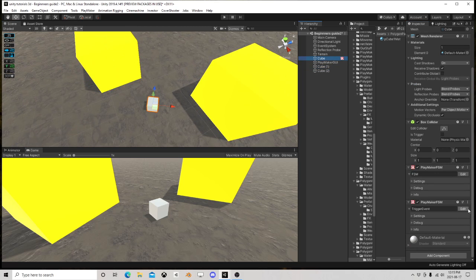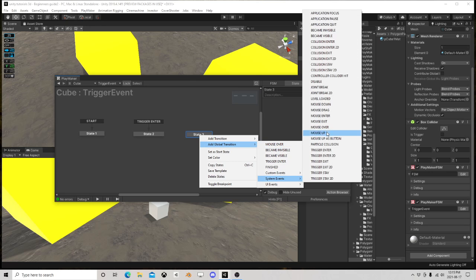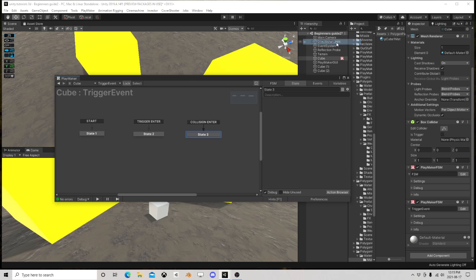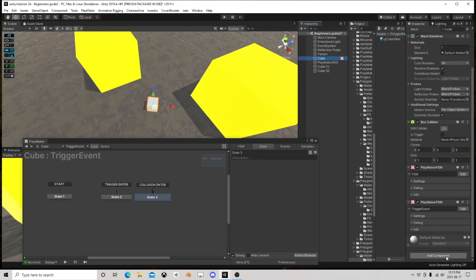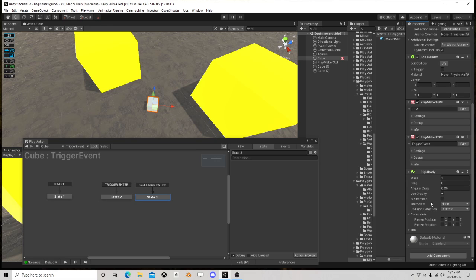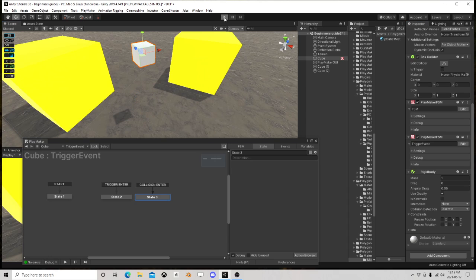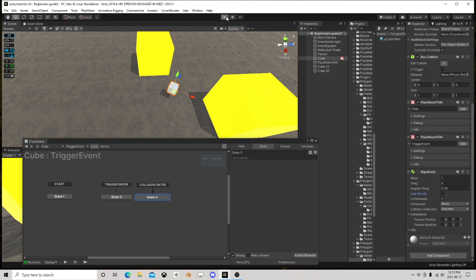So in order for this guy to have this kind of stuff, I'm going to make another one of these system events for collision enter. We need what's called a rigid body, and that's what deals with physics and colliding with stuff when it comes to the callbacks. I don't want to use gravity, right? If I just leave it like that, he's going to fall, and I don't want that. I'm going to have him as kinetic. So with that said, if I now hit play,